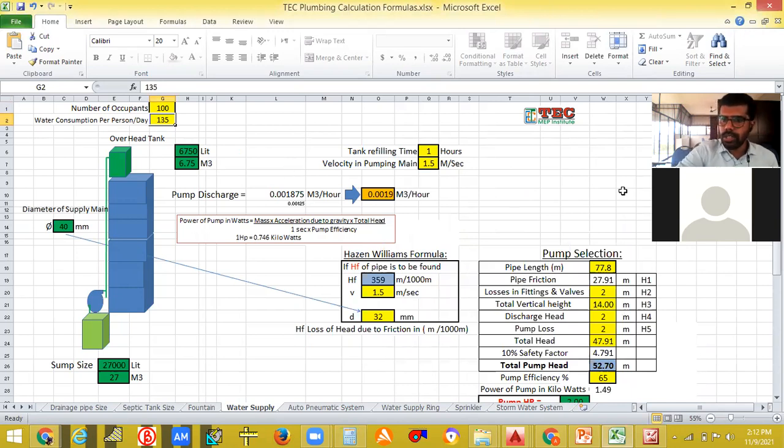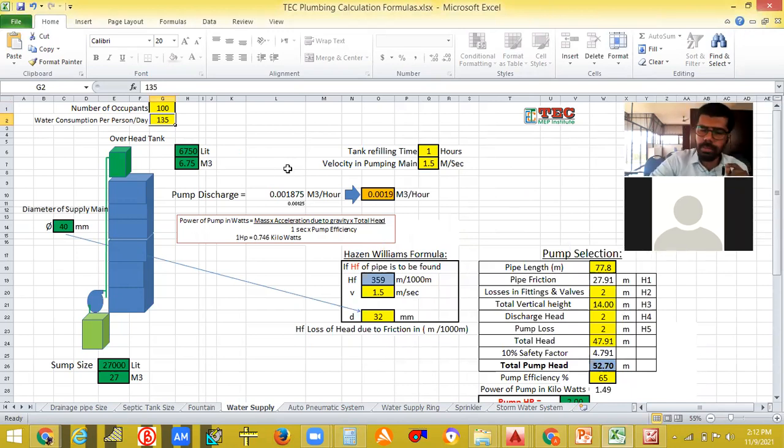So you can take 1 day storage or whatever it might be, but in this Excel sheet the overhead tank is taken as half day storage. So you have to pump 2 times a day in order to satisfy your demand. So your demand is how much? 13,500, right? 13,500 is your demand, but the overhead tank capacity is given as 6,750 liters only, or 6.75 meter cube.